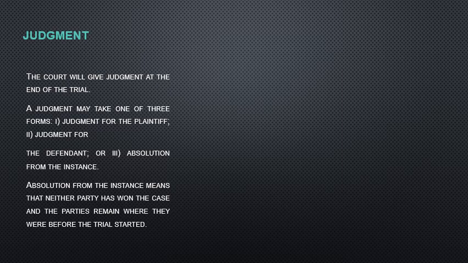And then in terms of judgment, the court will make a judgment at the end of the trial, obviously, and then the judgment can take three forms, right? We have one, judgment can be in favor of the plaintiff, the person who is alleging, right? And then it may also be in favor of the defendant, right? There's the second judgment that is possible. And then we have absolution from the instance. This means that neither party has won the case and the parties remain where they were when the trial started,